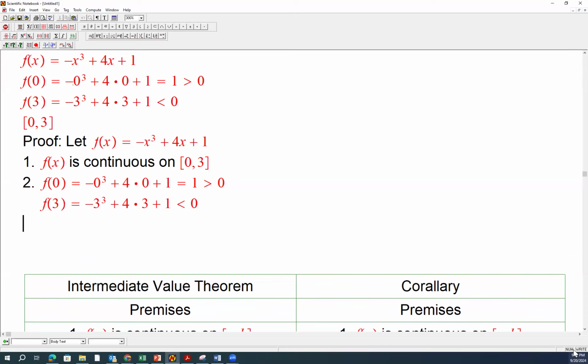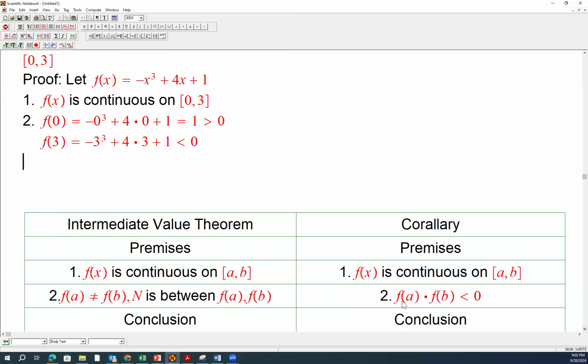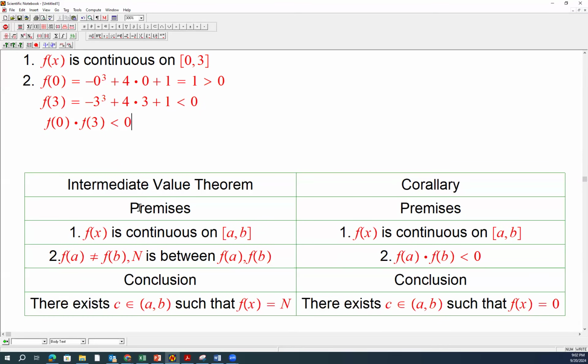Yes. And if you like to say f of this is true, no problem. Right? So you use the corollary. Okay, so then you say, applying the intermediate value theorem, by the intermediate value theorem, there exists